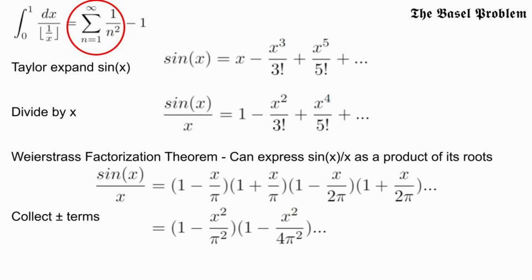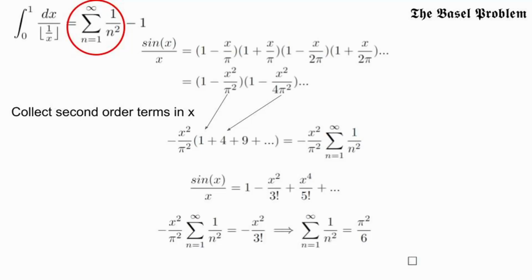We know that if a number is a 0 of sine of x, then the negative version of that number is also a 0 of sine of x over x. This allows us to factor a little bit further by, for example, taking 1 minus x over pi and 1 plus x over pi and factoring that into just a single term that's quadratic in x. Now we can collect the terms that are quadratic in x and factor out a negative x squared over pi squared from each of these terms. In doing so, we realize that we can express the summation of the factors, which are 1 plus 1/4 plus 1/9, as the desired summation that we're looking for,